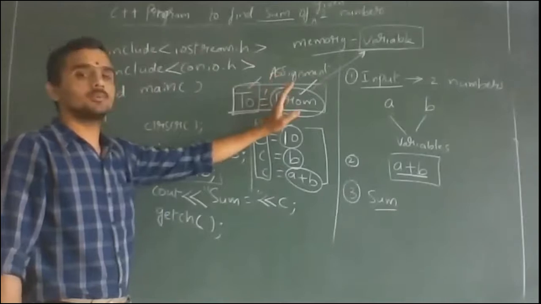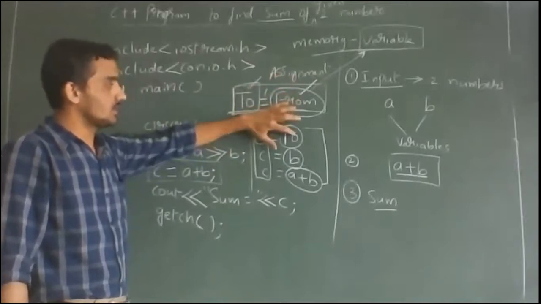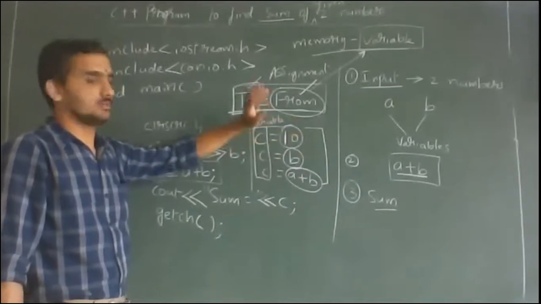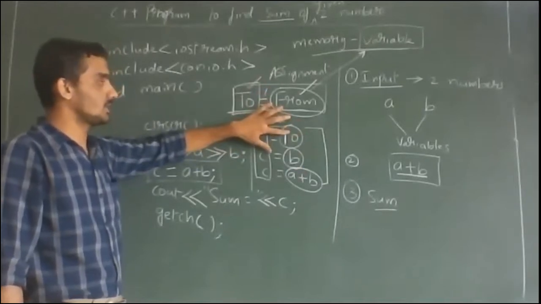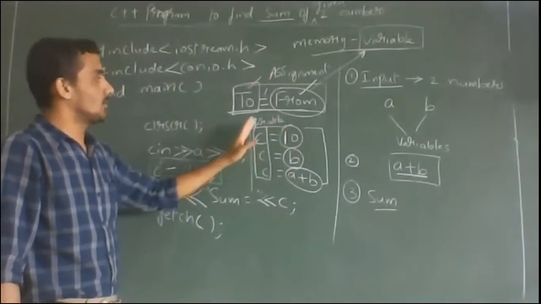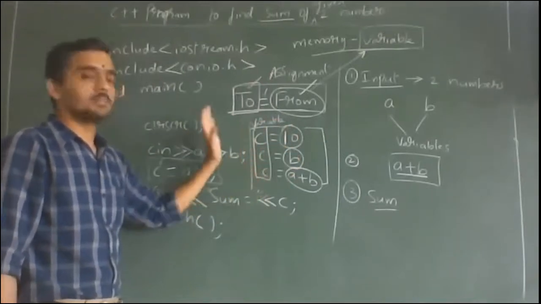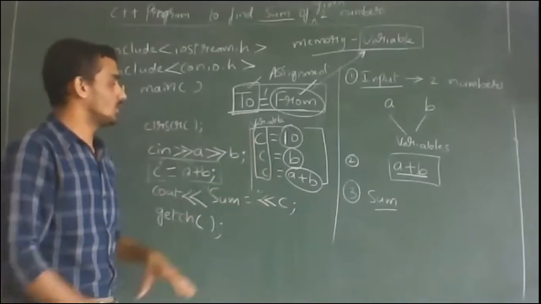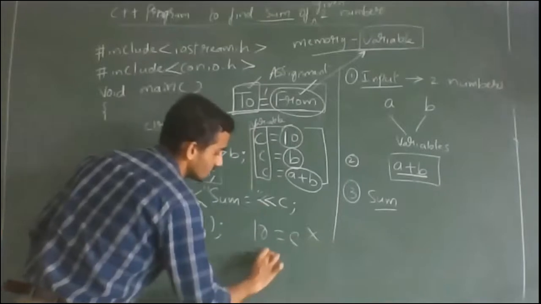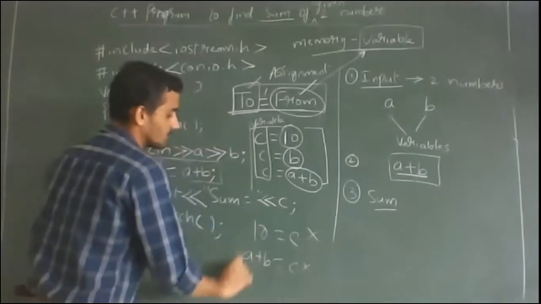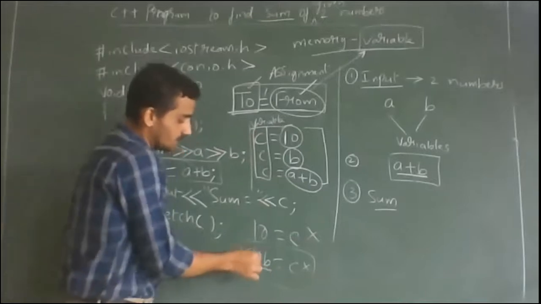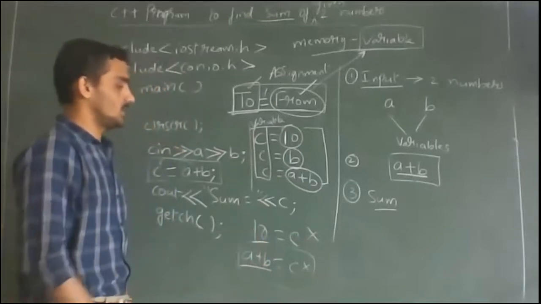So from which variable means it can be direct constant value like 110. It can be variable value or it can be equation value. Again, I will tell you, it can be direct constant value, it can be a variable value, or it can be an equation value. Okay. But on the left hand side, it should be compulsory variable. So you cannot say like 10 is equals to C. So this is wrong. Or A plus B is equals to C. This is wrong. In mathematics it may be correct, but in C++ it is wrong. So an equation like A plus B and 10 cannot come in the left hand side.